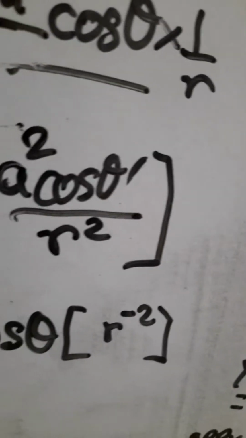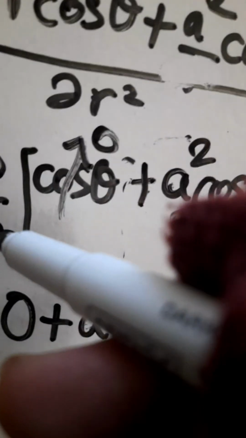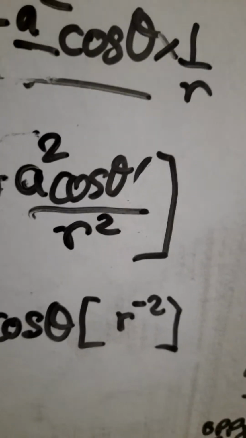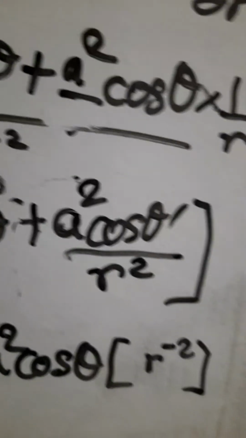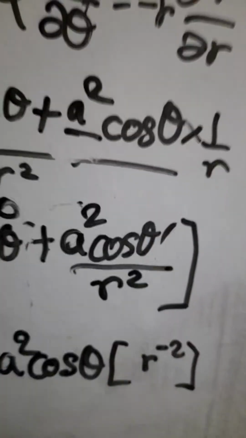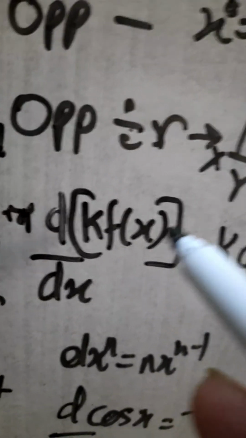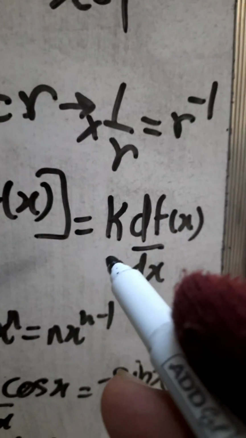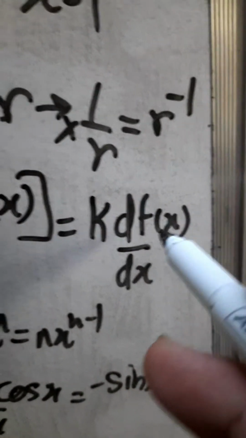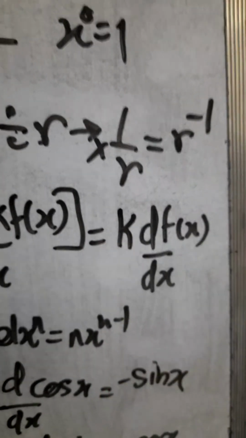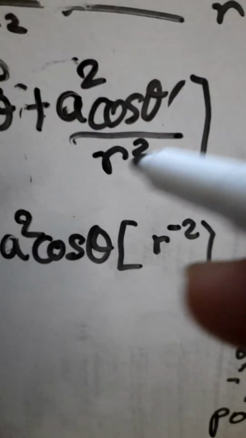r square is an r term. So this is treated as a variable, because this is the derivative with respect to r. This r term would be differentiated. Now this is a coefficient, not a constant. This is the variable we have to work with. So what do we do with coefficients? We just take the coefficients out, then take the derivative of the variable or function, then blindly multiply that coefficient later. So I take this a square cos theta out and it is divided by r